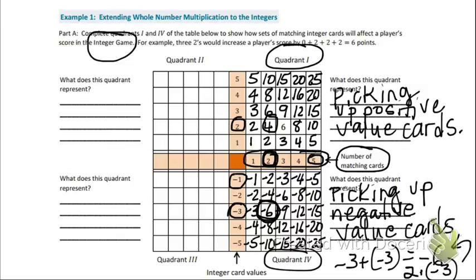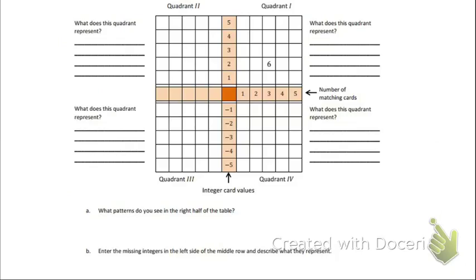And again, if you just want to imagine, and we'll do this though, you can imagine what this side, or this half of the table, is going to represent, right? Let's just move on to the next. So we filled these in already. You have these filled in, but let's answer these questions down here. A, what patterns do you see in the right half of the table? Are there any patterns that you recognize? And then B asks you, enter the missing integers in the left side of the middle row and describe what